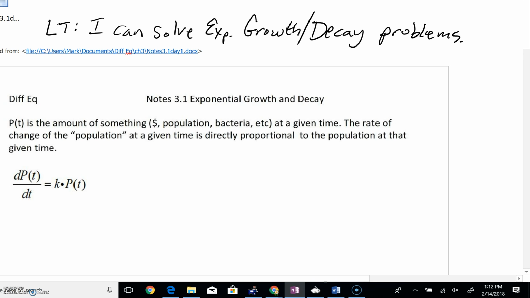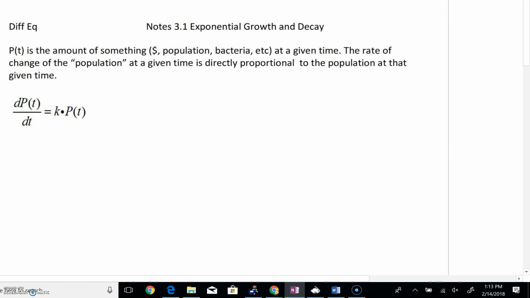Okay, differential equations. You can see we're starting a new chapter, chapter 3. Here's our learning target: I can solve exponential growth and decay problems. If this sounds familiar, it should. You've done this before. As we're looking here, P of t in general is going to represent the amount